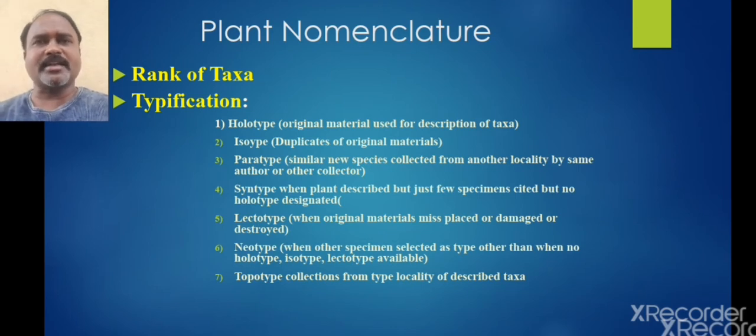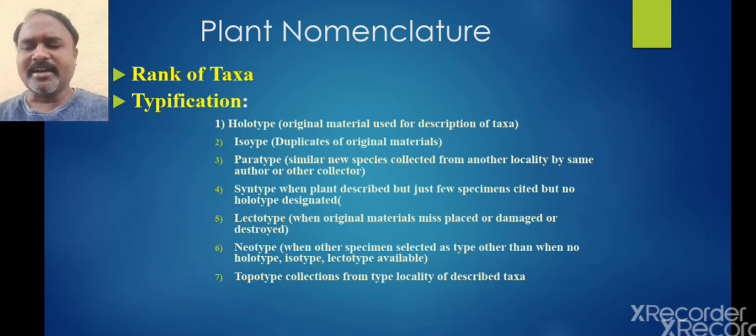Then come to the last type, that is the topotype. A topotype is referred to as a type or a herbarium sheet or a collection from the type locality. So last month I went to the Salwa Hills and collected some specimens of Ceropegia ananthi from the Salwa Hills. So that specimen, when I mount it on a sheet and give complete labeling, can be considered as a topotype.